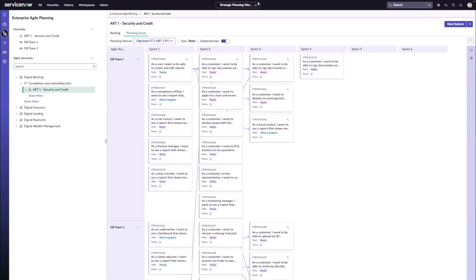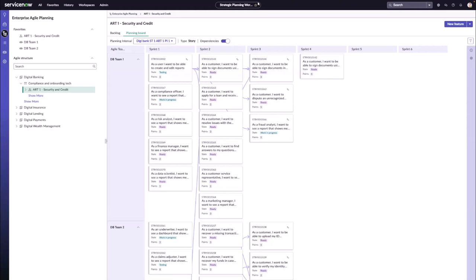Today, I'll be demonstrating some of these new features from our Washington release live in a ServiceNow instance. Our Enterprise Agile Planning module is new to the strategic planning workspace. This module will let you facilitate scaled agile planning with real-time visibility, streamlined communication, and efficient coordination across teams. In this space, we let product managers, agile team leads, and managers collaborate on their work. The new backlog and planning board lets you prioritize, plan, and manage dependencies